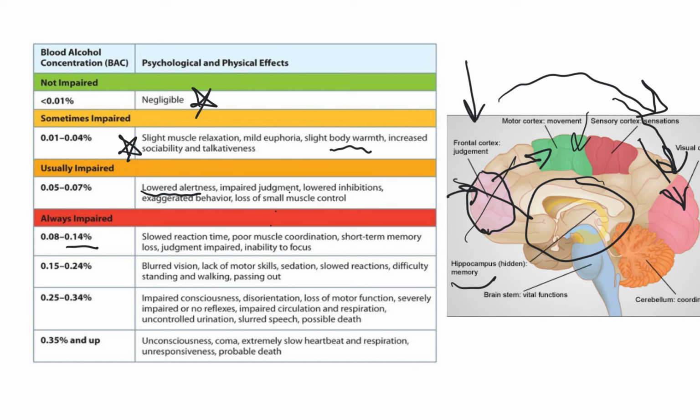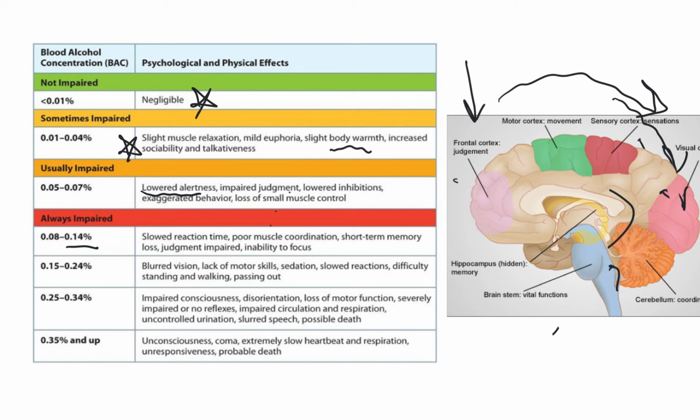Once you get to these really high levels of alcohol intoxication, we're getting to the lowest levels in the brain. So places like the brainstem that have these facilitating areas for breathing are going to start to be affected. And when somebody has an overdose with alcohol, they die due to respiratory depression. So it's a really interesting anatomical component here that you can actually see neurons and brain areas going offline, starting with these front areas at low doses and then getting to these deeper, more important areas of the brain as